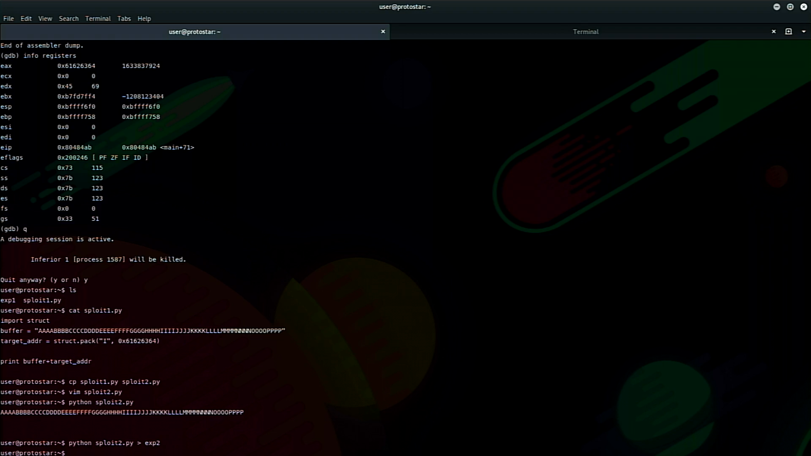So now I'm going to write that to a file at exp2. So this is going to be our payload. And we're going to need to set the greeny environment value. So I'm going to export greeny. Greeny is just a custom environment variable that they want us to work with. And we're going to set it equal to,